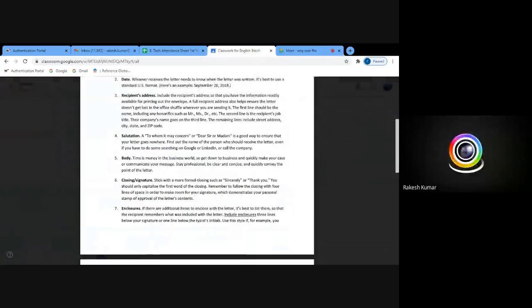So that is what you call the salutation. They're saying it's a good way to ensure that your letter goes nowhere if you don't find out the name of the person who should receive the letter, even if you have to search on Google or LinkedIn, or call the company. So this is the suggestion they are giving, but we are discussing how we should write. So salutation is greeting a person: dear sir or madam, dear Mr., or dear. Third